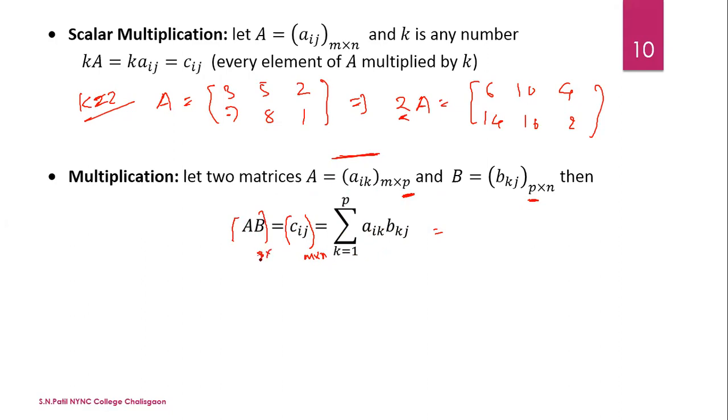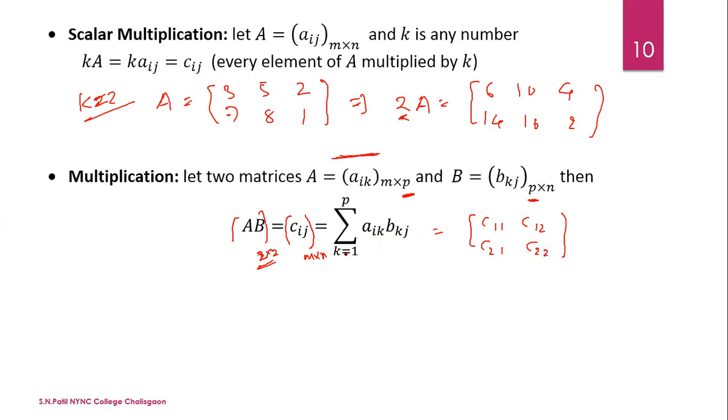3 by 3, yeah, 2 by 2. Okay, let us take the 2 by 2 matrix. Then C11, C12, C21 and C22. Now see here, C11 means this first position. This is the first position of the A element, and this one is the second position of the B element. A element first and B element second, and then K varies.